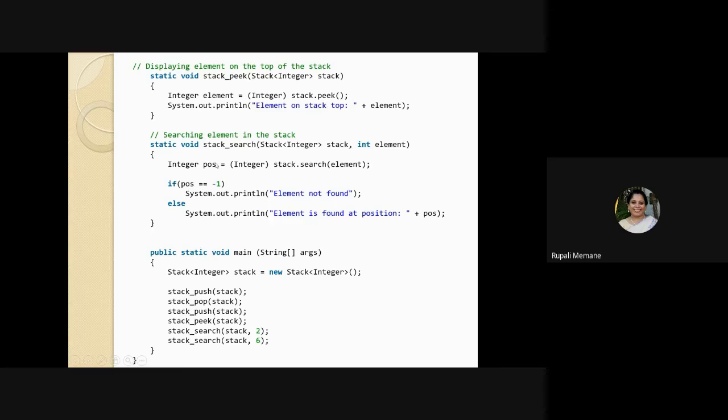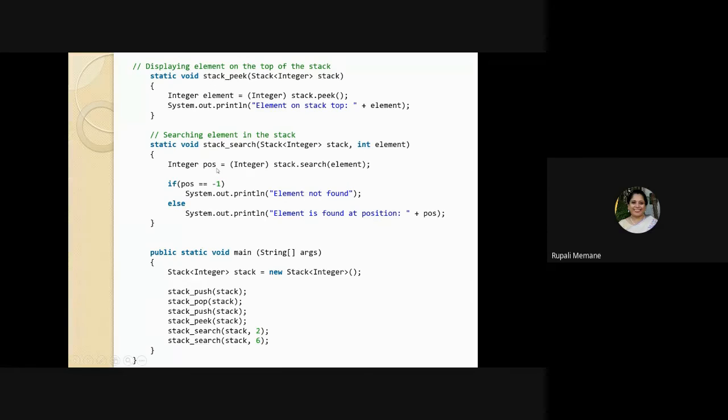Now it will go on checking the position. If it finds the position, it will tell that the element is found. If the position is equal to -1, that means the position is not incremented at all, so it has not found the element. But if the position is not -1, then it will say that the element is at the position, and it will show what position it is. So if the position does not return any value, that means the element is not found in the stack. Whereas if it is found in the stack, the position is going to change, and whatever is the stack element, it will return the position, and then I can tell that the element is found at this particular position.